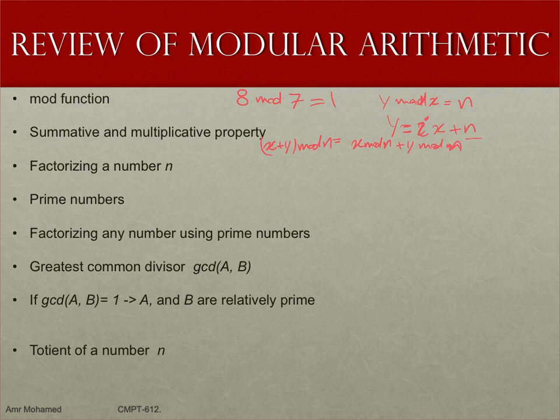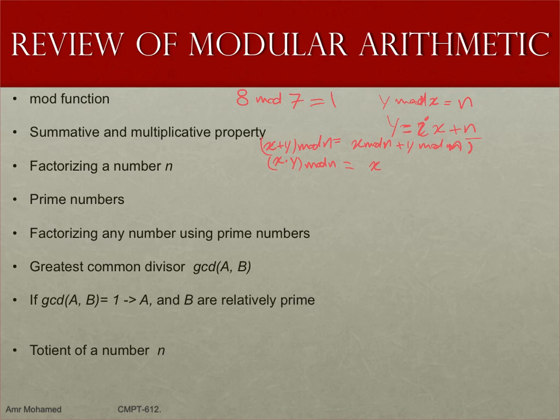So that property is important. Is that clear? So it's additive. Also, it's multiplicative, which means that (x multiplied by y) mod n equals x